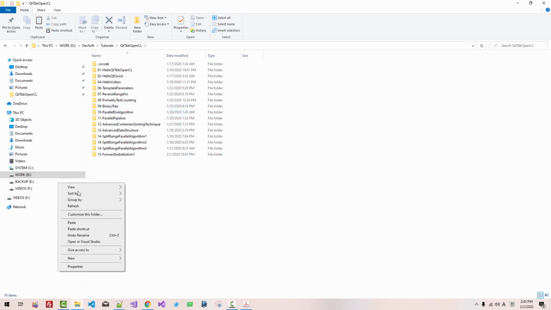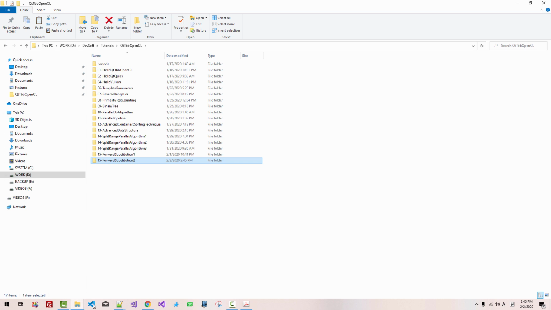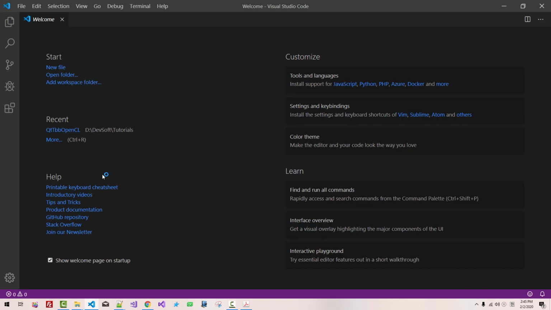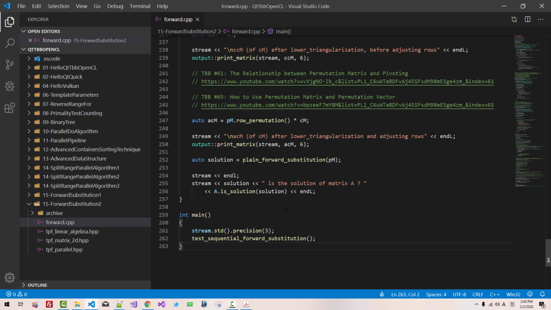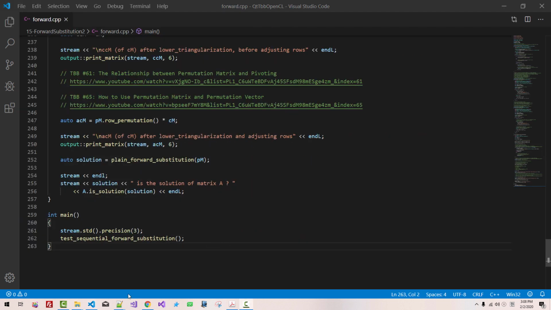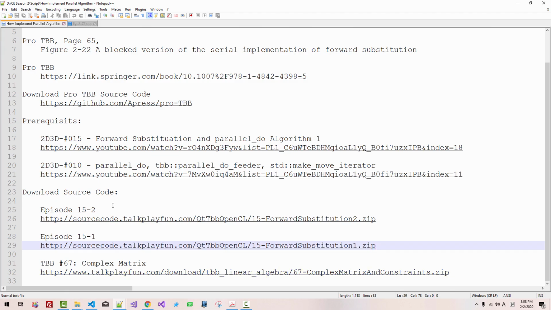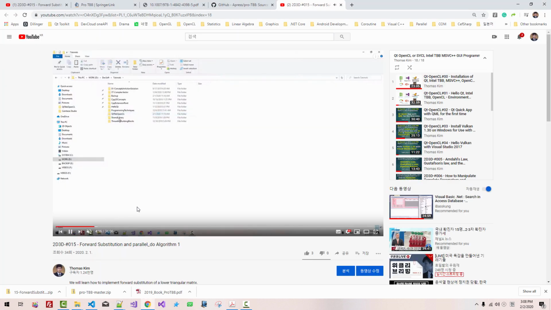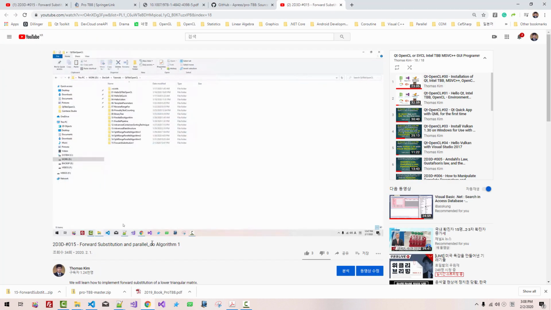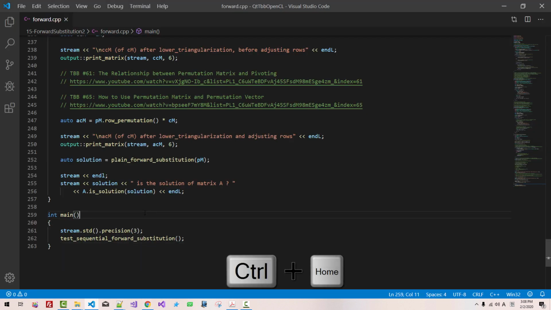This is my working folder. Paste it here. Start Visual Studio Code. Open your working folder, 15 forward substitution 2. Double-click forward, Ctrl V. Please note that I assume you have watched my previous episode. If you haven't, please double-click it and watch my previous video. Then come back to my current episode. Control Home,